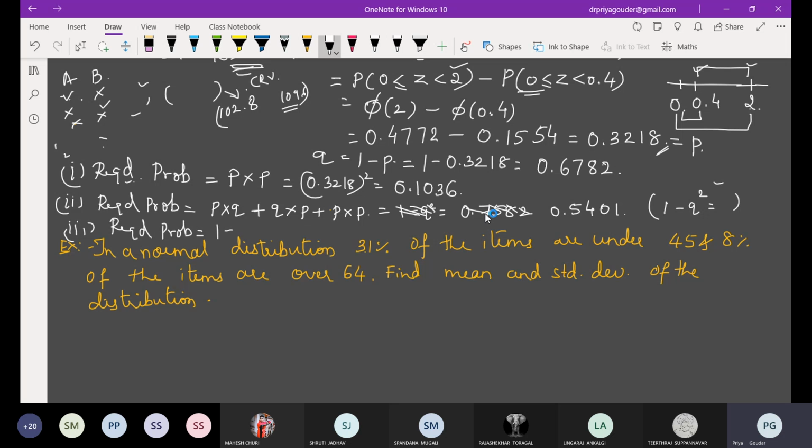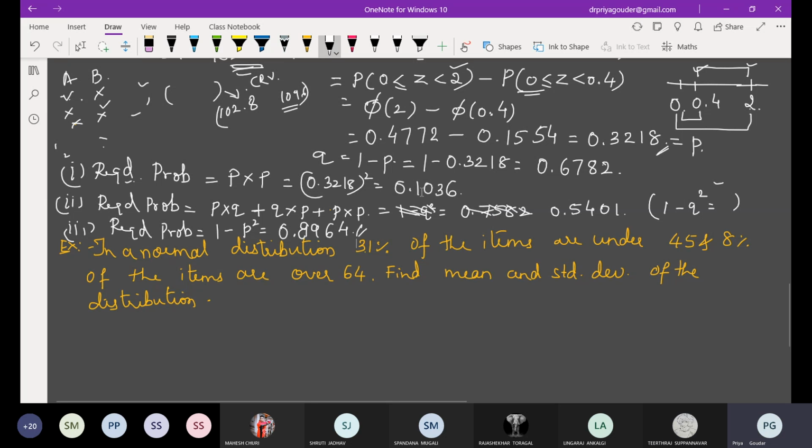See, three possibilities are there. You take 1 minus the fourth possibility. What is that fourth possibility? Both having. Yes, it is 1 minus p square format. If you take that, it is also done. So 1 minus this value, 0.9. P square is already calculated, you can just take it. Please answer fast. 0.8964. Okay.